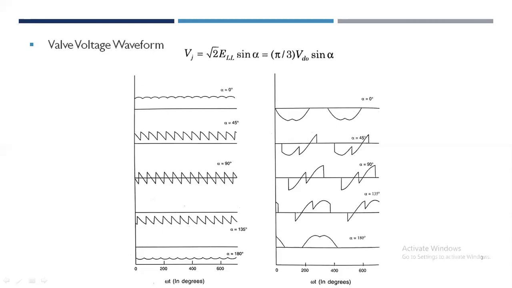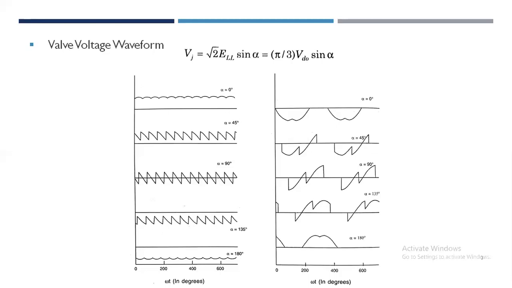These voltage jumps contribute to the voltage stresses, that is dV by dt, across the valve. Valve snubber circuits are provided to release these stresses. Otherwise, as we discussed, if dV by dt increases beyond a particular limit, it may cause turn on of the thyristor by the dV by dt method. So to reduce those stresses, the valve damping circuit is provided.